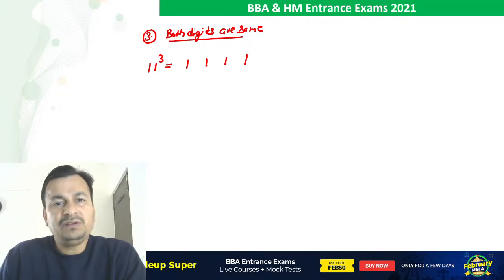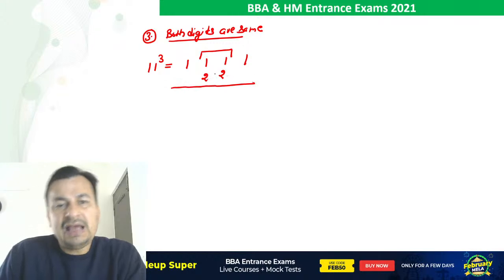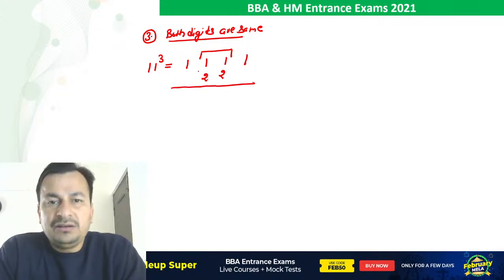So 1 cube 1, 1 cube 1, 1 cube 1, 1 cube 1. Then we will simply multiply these two middle values by 2. 1 multiplied by 2 is 2, 1 multiplied by 2 is 2, and then as we did in the previous